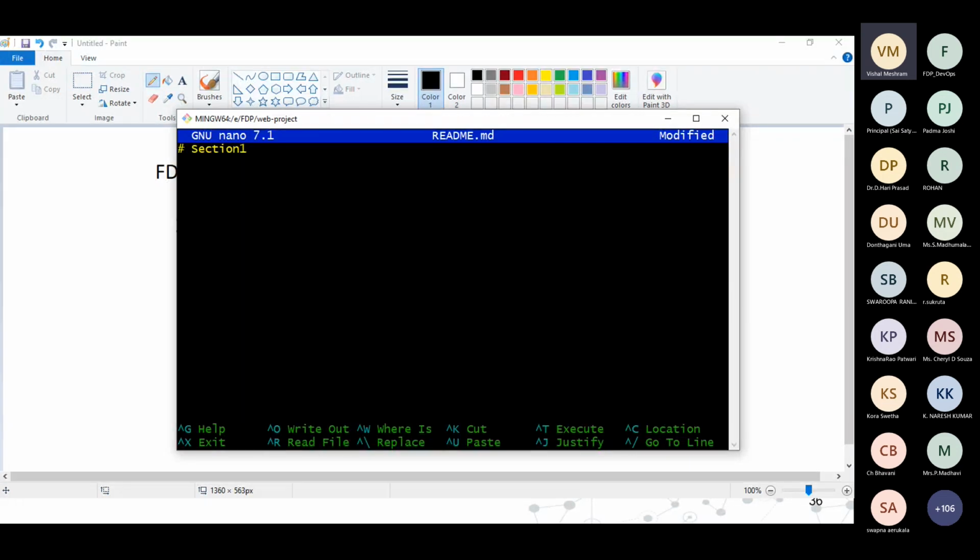Okay, and then let me save this file. I am saving this file. So now if I run this file,